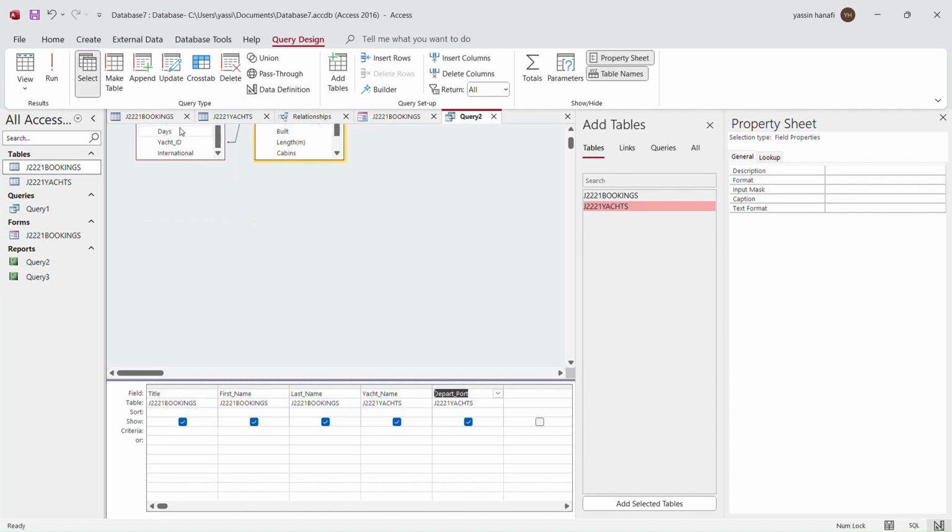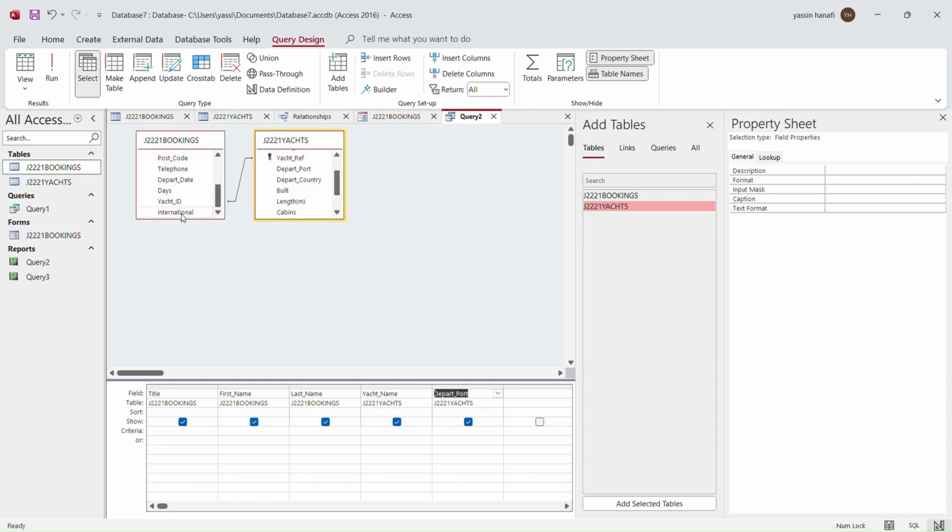Where's the days? Should be here, right? It's in bookings, right? And then days. So this is basically a query to show us from which we can generate a report of the different bookings. So whenever you're making a report, you got to go through queries first